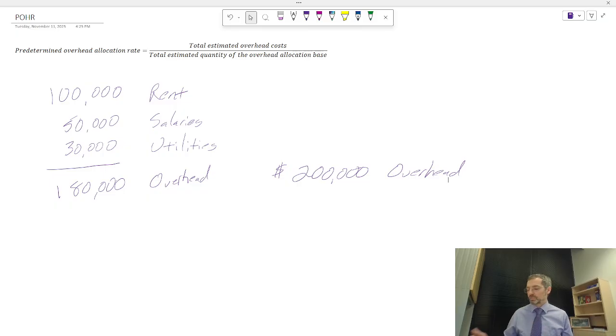So how do we choose between the two? So we might, again, say direct labor hours or machine hours. And it really depends on, well, what does our business use? If it is labor intensive, then we're probably going to use direct labor hours. However, if it's machine intensive, we're going to look more at how long is our machine running rather than how many hours are our employees working.